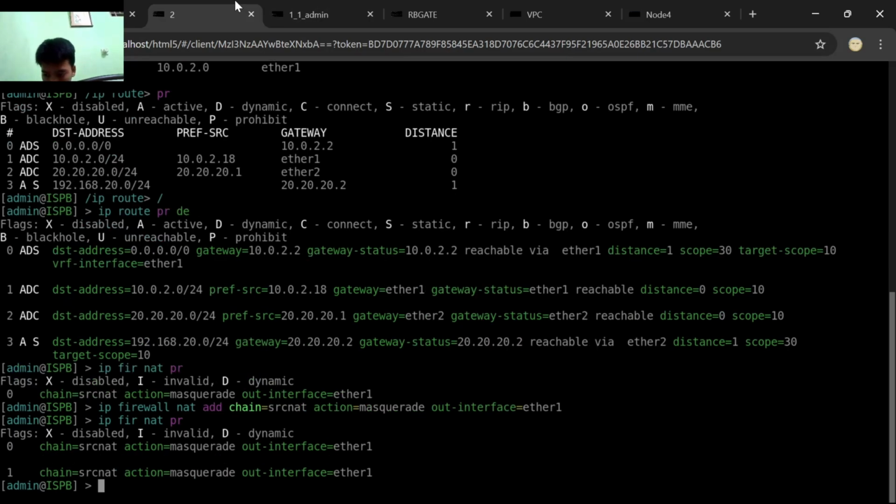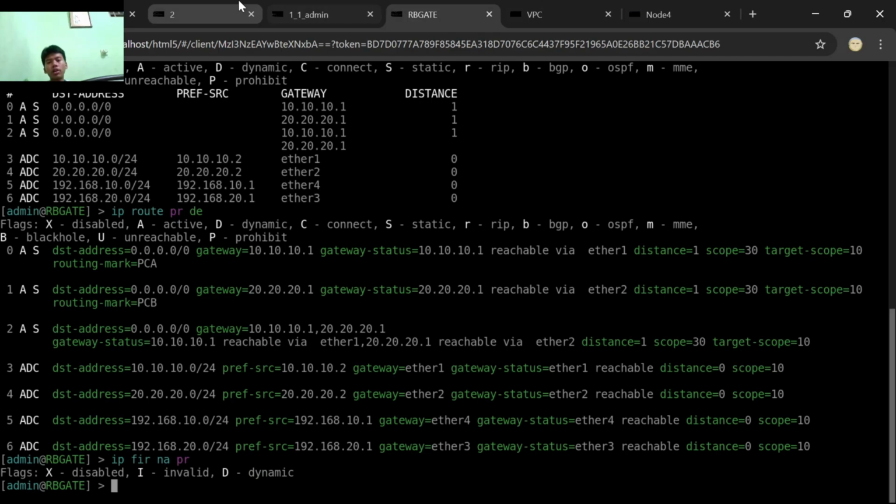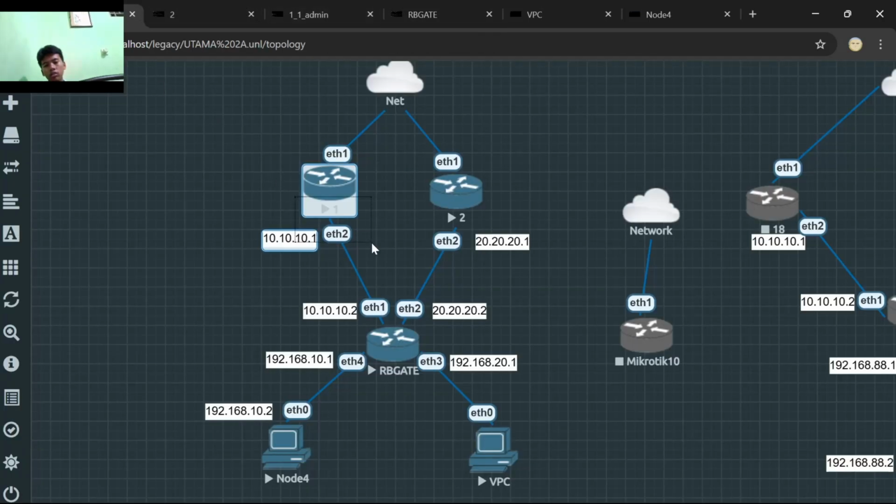Sorry, because it already exists, so we remove number one. Okay, now we have already made all the static routes. Now we can see the result.